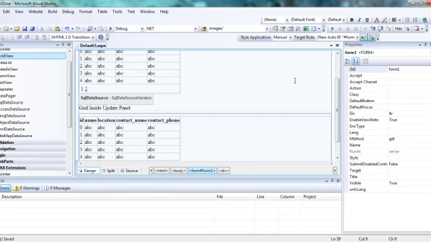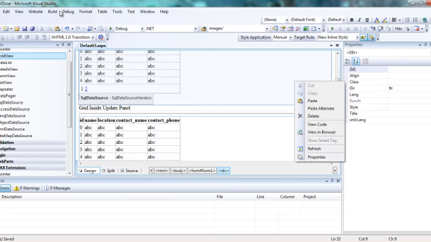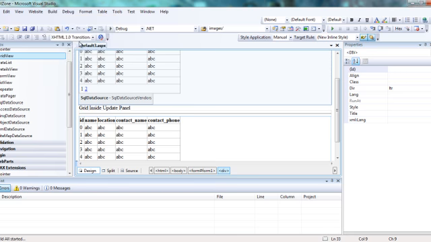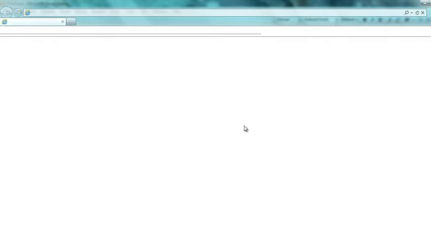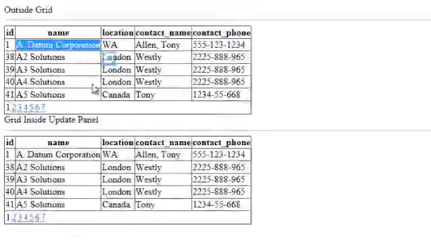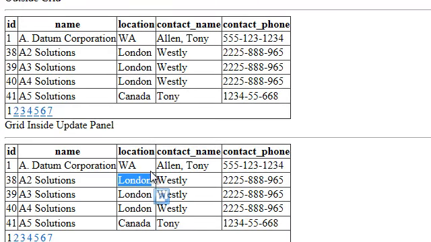So let's view this. For that, let's just rebuild the website. And good, we don't have any errors. Now let's test this. This is a grid that's outside the update panel, so AJAX won't be working on that. And this is a grid inside the update panel. So this should show us the next page without reloading the entire